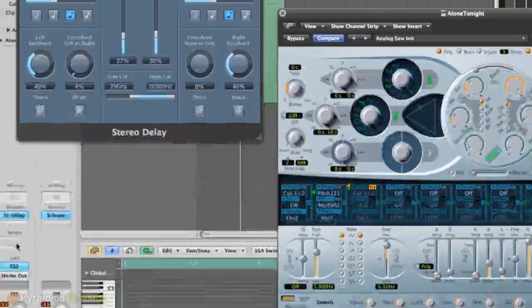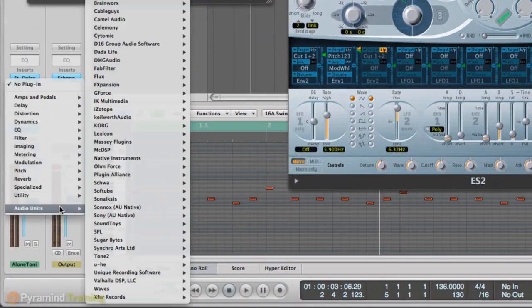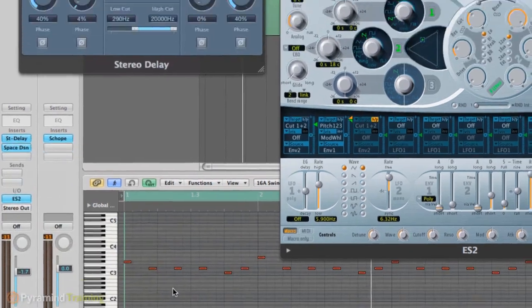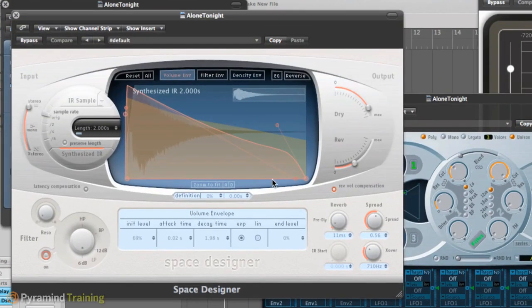The sound is definitely there. We can also add a reverb. This is going to be covered a little better further in the video when I put the effects,